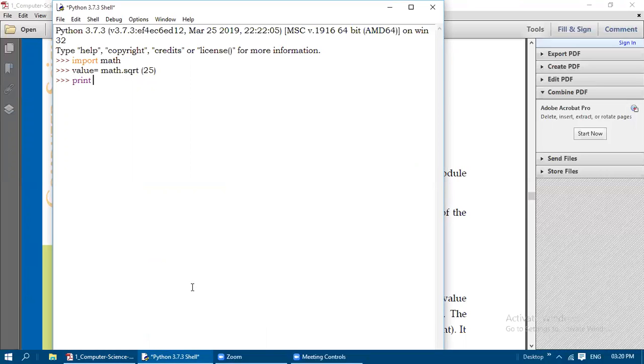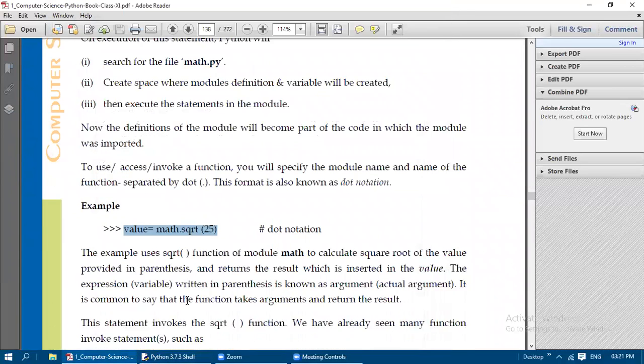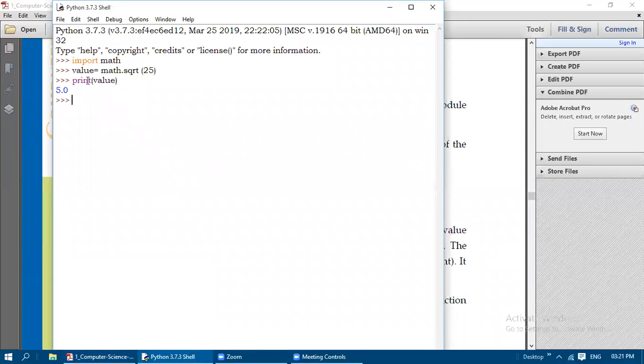This is Python 3.7, so we need to use a parenthesis. In 2.7 we can just type print, a space, and then value. In the 3.7 version we need to include the parenthesis symbol, then only the value will get printed. See, 5.0. This is the answer we have obtained from math dot square root of 25. So after importing math only we can make use of this.